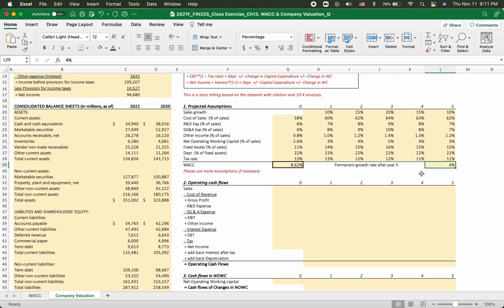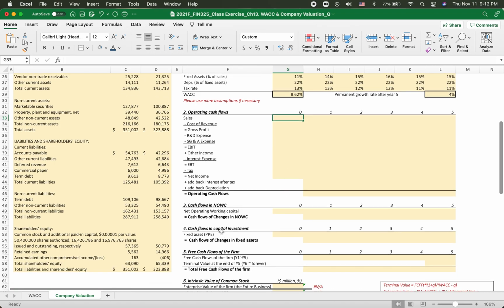So any type of industry gets mature at the end of the day. So it is almost the same as the growth rate of a country's GDP, that is the permanent growth rate, which is reasonable. Once we build this projected assumption, then we'll create operating cash flows